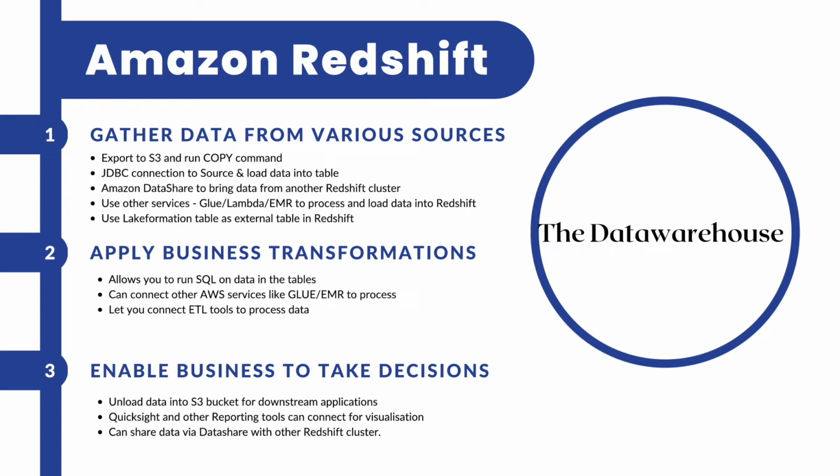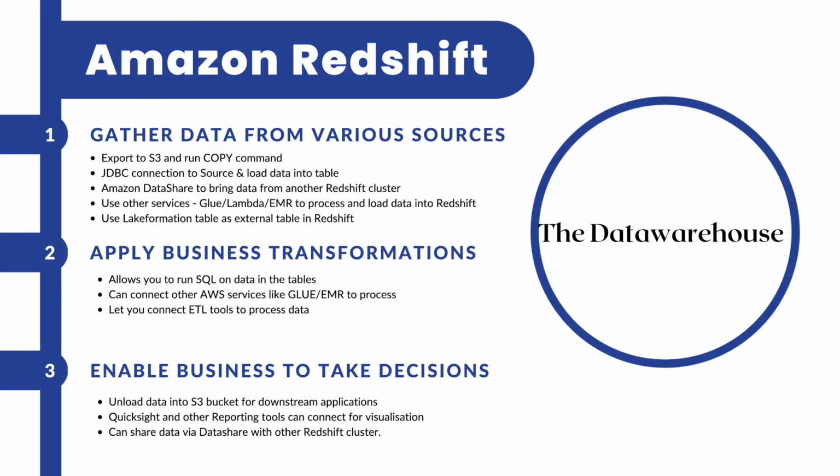If you have used Google Drive or Dropbox, these are just services that provide you storage space. Similarly, in the AWS environment, S3 is the service that lets you use storage space as per your requirement. So the most common way of bringing data into a Redshift table I have seen so far is you get the data into an S3 bucket and then you run the copy command to load that data from the S3 bucket